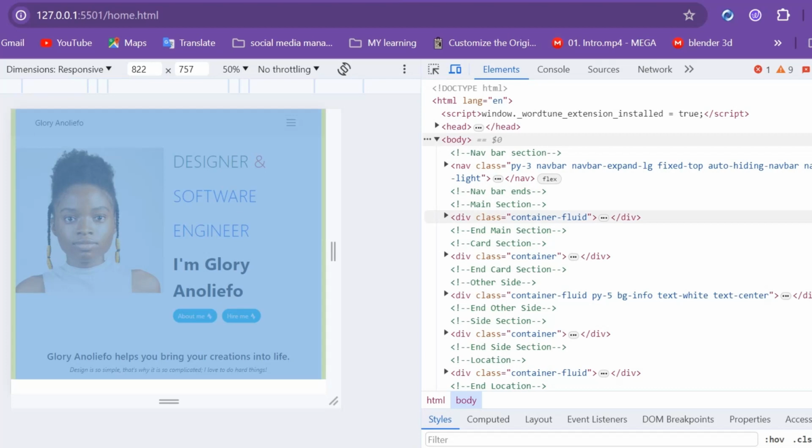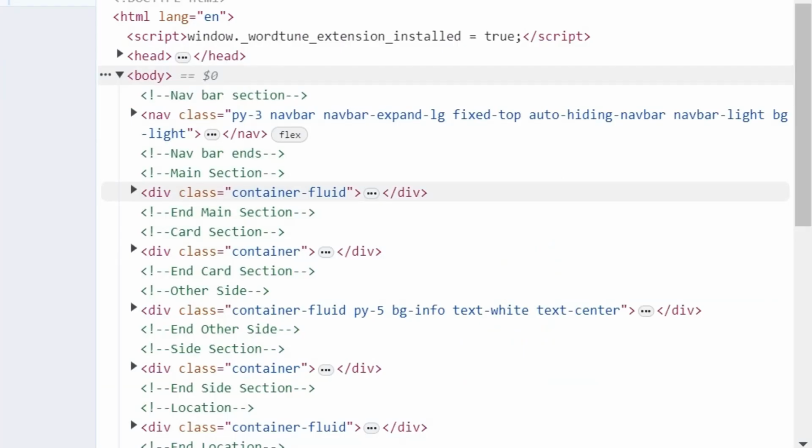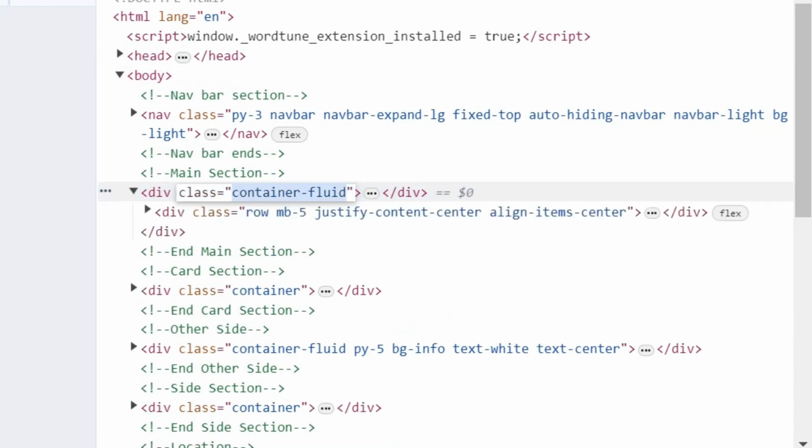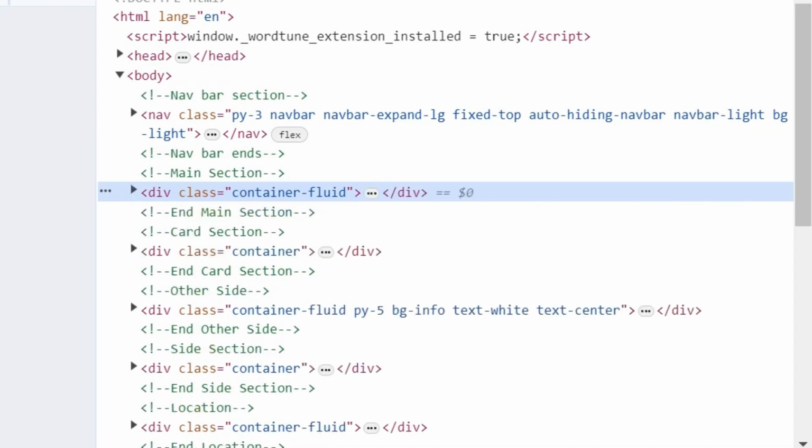Our hero section will be using container fluid to begin to arrange elements on the web page. What container fluid means is that whatever you fix in this div